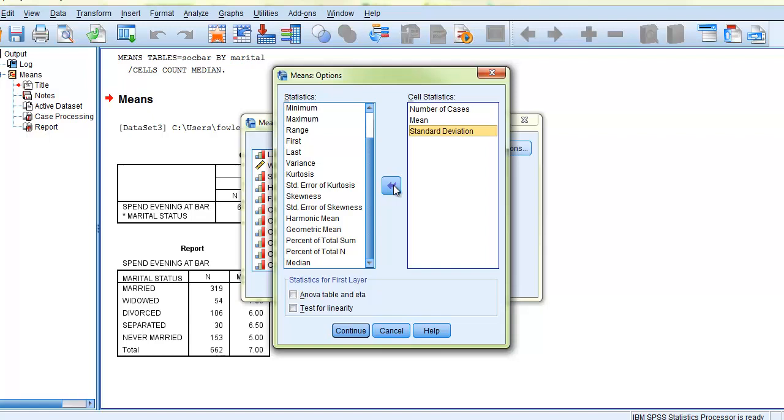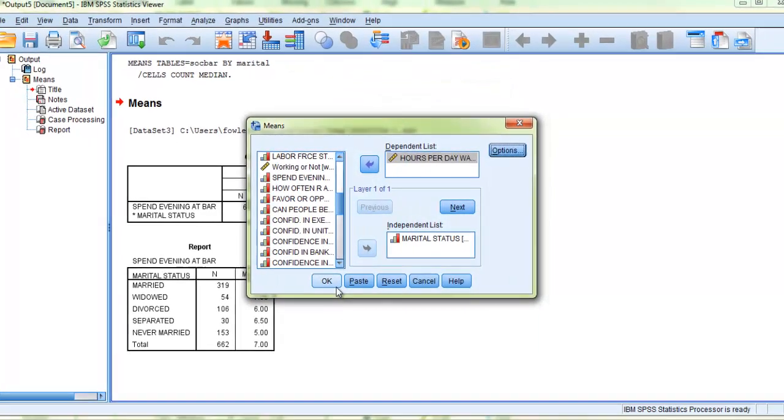However, if they have a very large standard deviation compared to all the other groups, that means their scores are spread out, and then the mean is somewhat less representative of that group compared to the other groups. So smaller standard deviations lead you to believe that the mean is representative of that group. Larger standard deviations lead you to believe that the mean is somewhat less representative because scores are scattered about a little more. So I'm going to click Continue